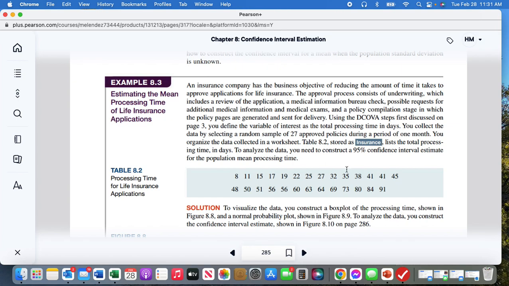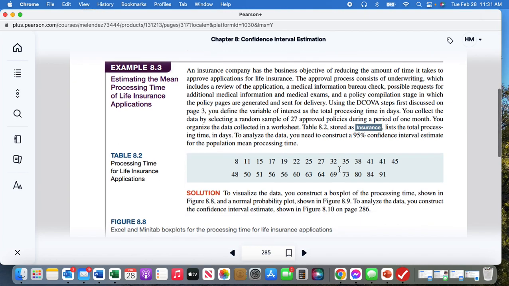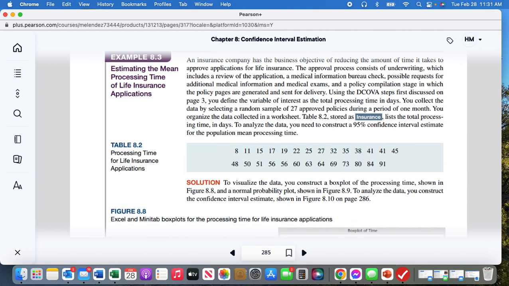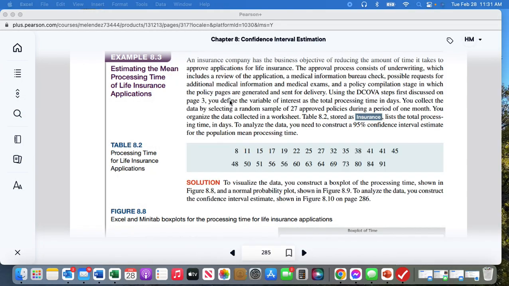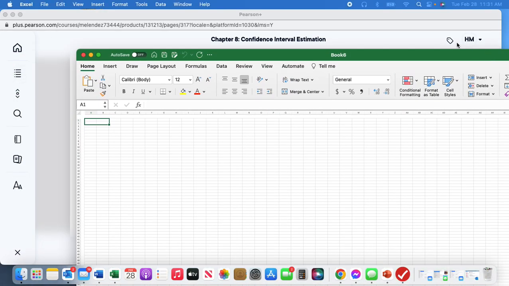So again, we're using the DCOVA steps first discussed on page 3 of the book to define the variables of interest, the total processing time in days. You collect the data, and then here is our data. So let me open Excel here, and I'm just going to copy those values into Excel.